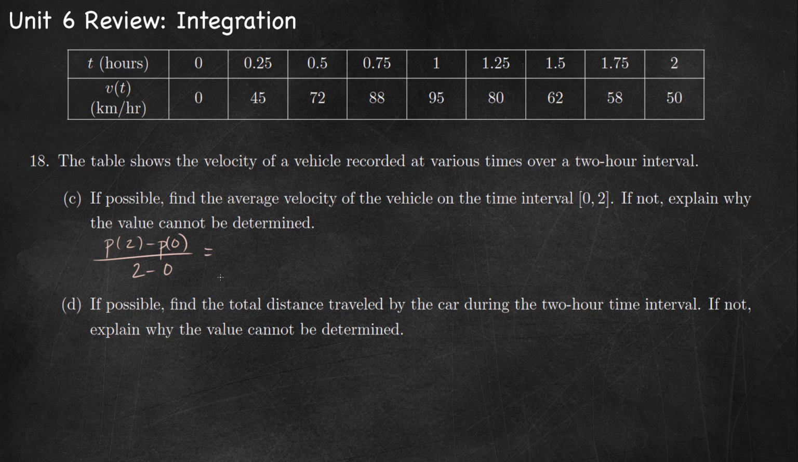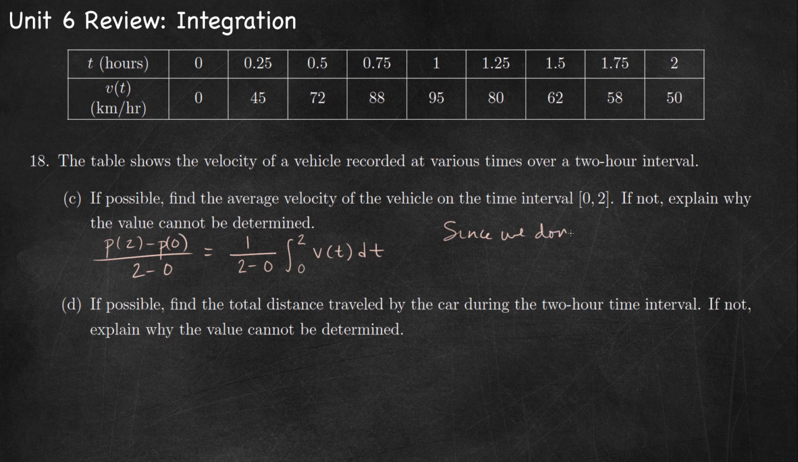Now there is another formula for average velocity. We can use the average value formula, and for that we would do 1 over 2 minus 0 times the integral from 0 to 2 of our velocity equation. And although we have velocity values in our table, we don't have the velocity equation, so we can't use this formula either. So in this case, the average velocity cannot be determined from the information that we have,